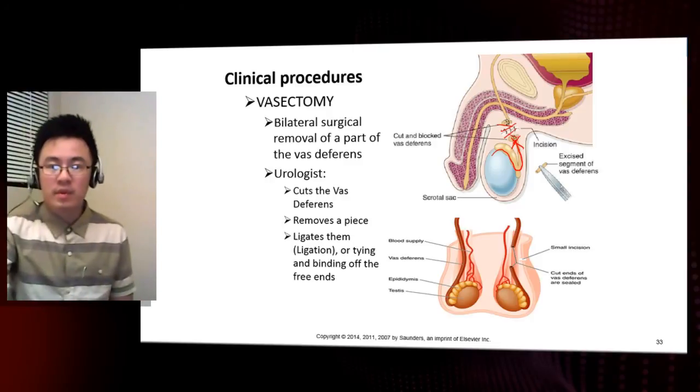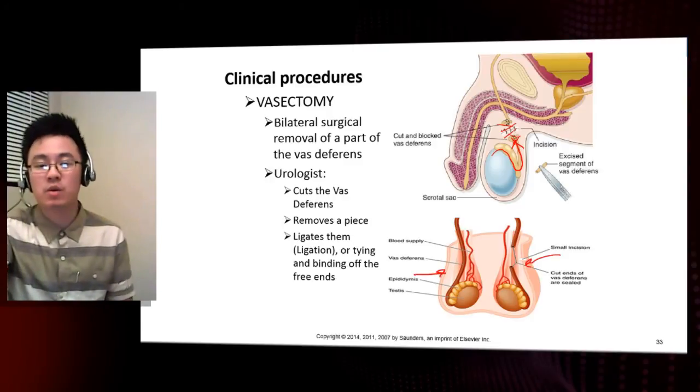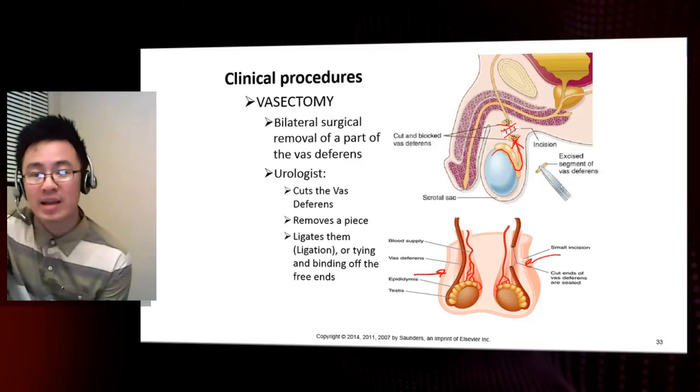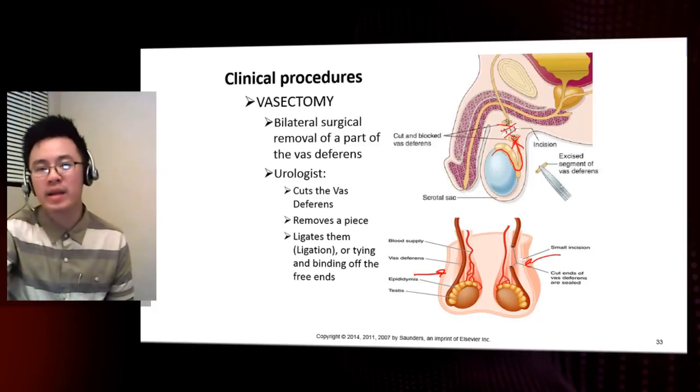Okay, so you can see here, compare the right and the left testicle of the patient. You can see that the left vas deferens is nicked out, versus the right vas deferens, which is still there. Does that mean that the male is 100% in the clear? Not quite.